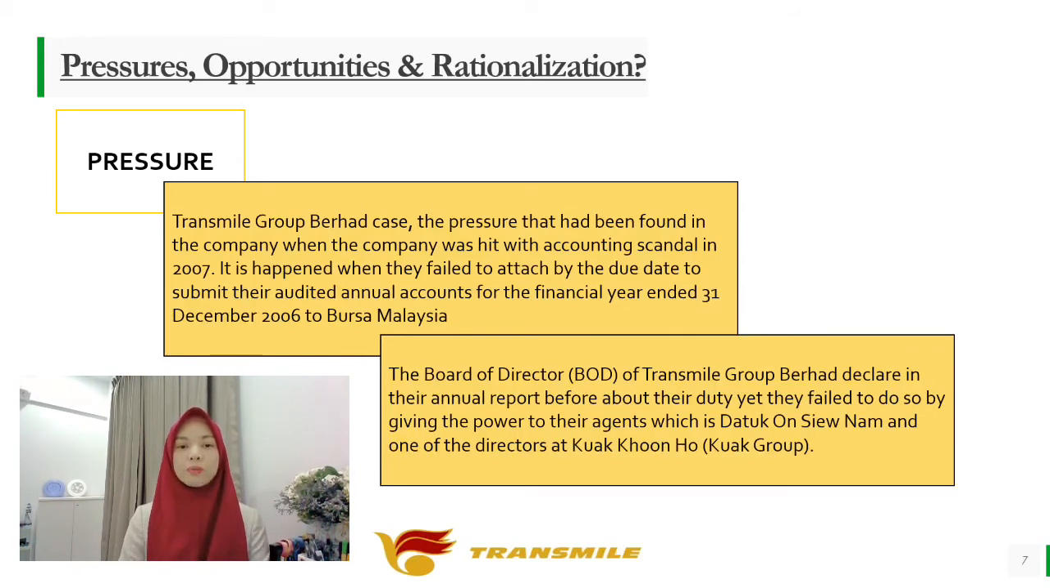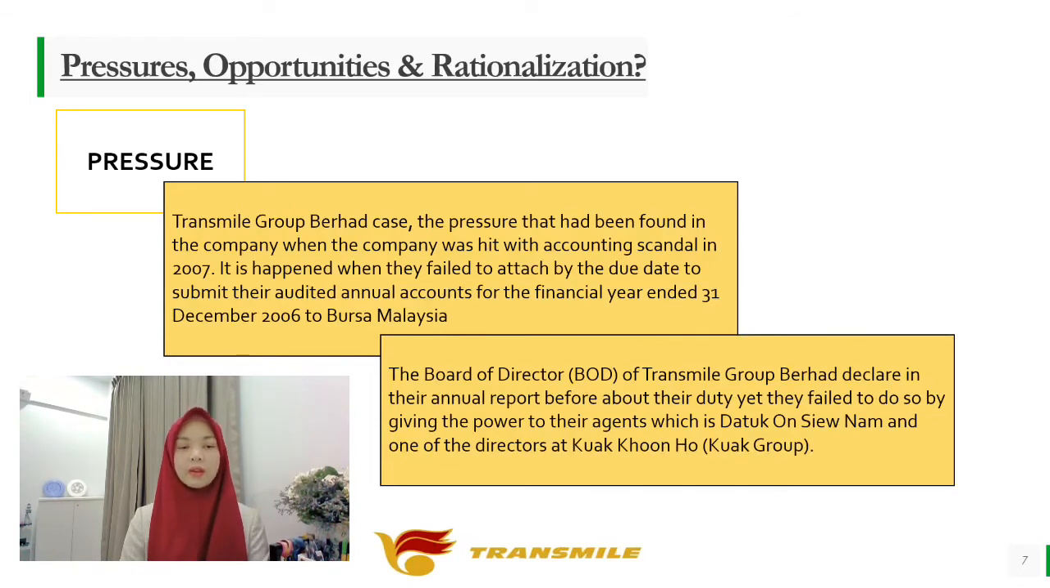Therefore, the board of directors should play their roles very well by giving accurate documents, and they have to know the date of submission of the annual accounts on time. This will avoid any issues in the future that may affect the status and reputation of Transmile and other